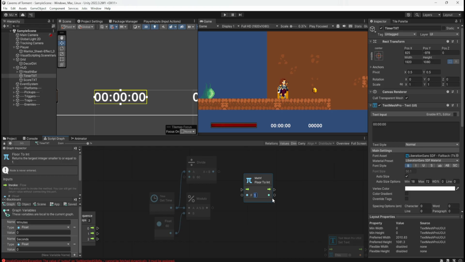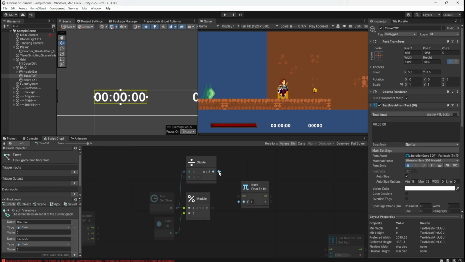Oh, sorry, was that the default number? Connect divide into A. Okay. What about the modulo output? That can't go in there as well. No.